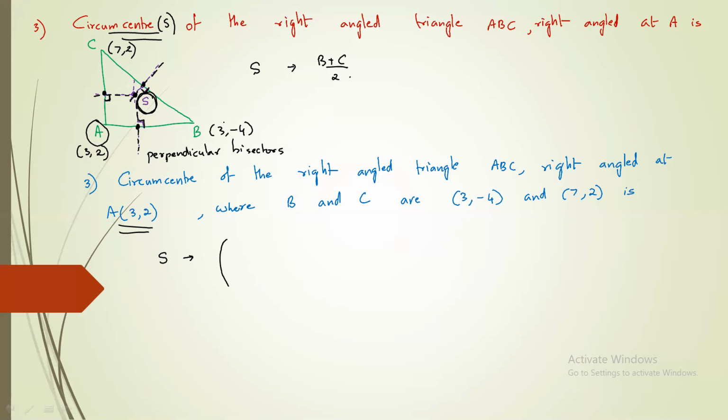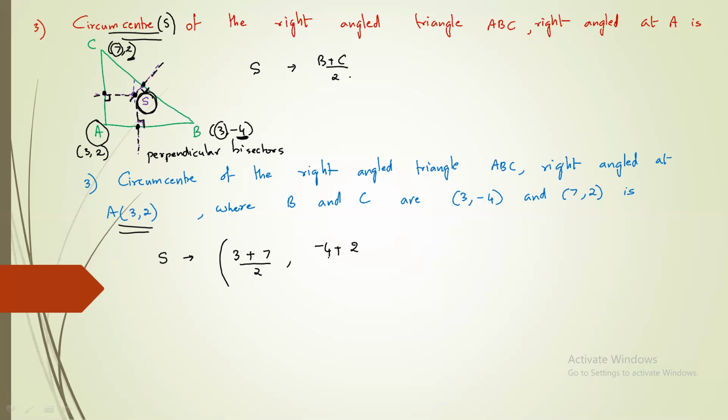So we will take B's X coordinate 3 plus C's X coordinate 7 by 2. And then for Y coordinate, again we will take B's Y coordinate minus 4 plus C's Y coordinate, that is